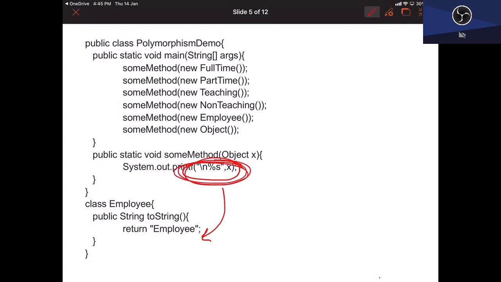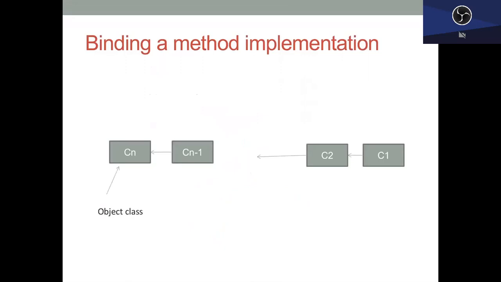Now, which toString will be executed? You cannot know at compile time, because only at runtime will you know what value X will take. It may be an object of type full-time or part-time or teaching and so on. So here we have no way of knowing at compile time which of the toString methods will get executed. So this association is known as your binding of a method.